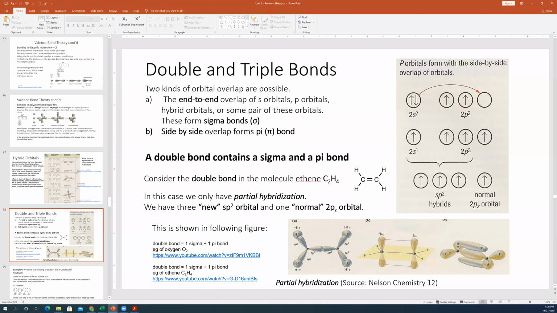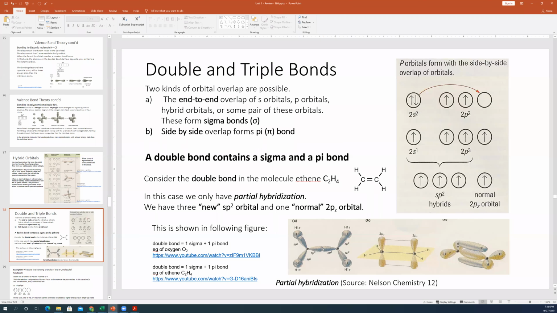And you also have 2 normal p orbitals around the carbon. So in your mind's eye, please try and overlap this picture onto this picture, where the carbons are overlapped with each other. So you have this and this in this partial hybridization. So in this partial hybridization, then, the sp2 orbitals, the pair that comes together head to head with each other,